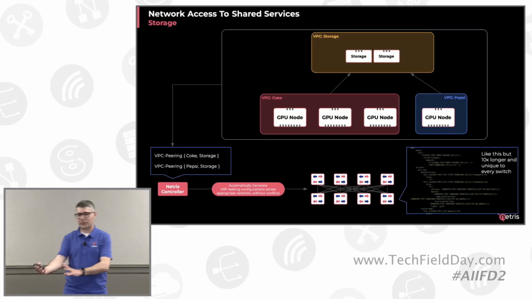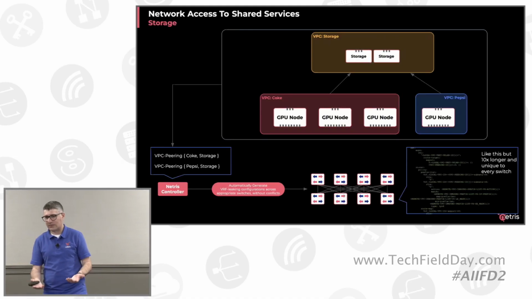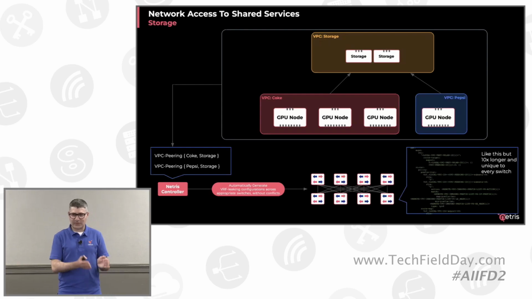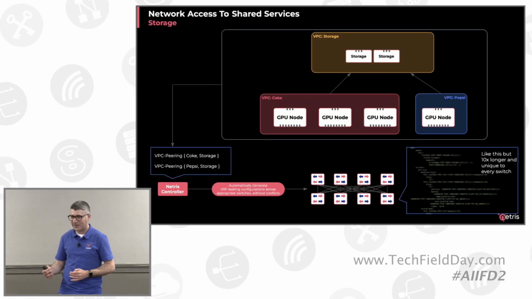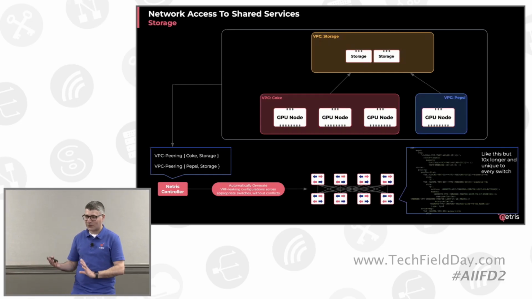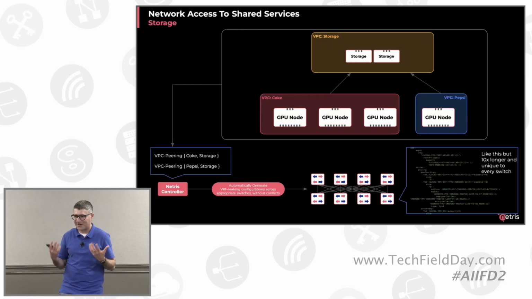Now, how can an AI infrastructure cloud provider implement this? It is easy for a storage provider to say, "Oh, just configure VRF leaking and it will work." Of course, that's the storage provider's requirement, but it is challenging for an AI infrastructure operator to configure that peering dynamically on the fly. When you're implementing configuration for one tenant, you cannot break the operation of other tenants. They're running workloads. It's production. So it's a cloud experience, right? Your customers don't expect things to stop working just because you are onboarding another customer.